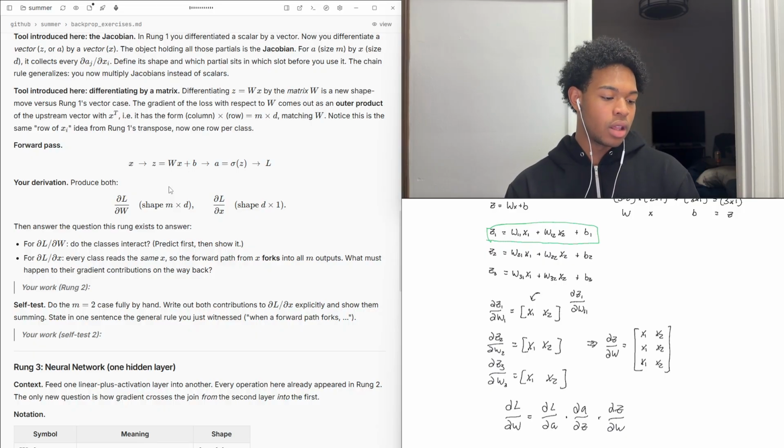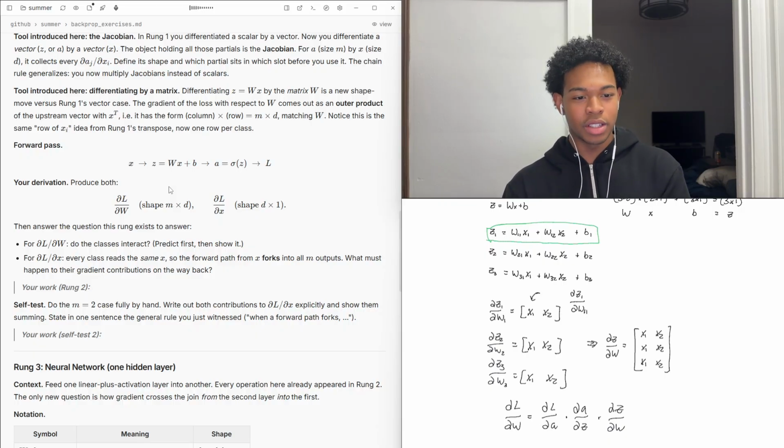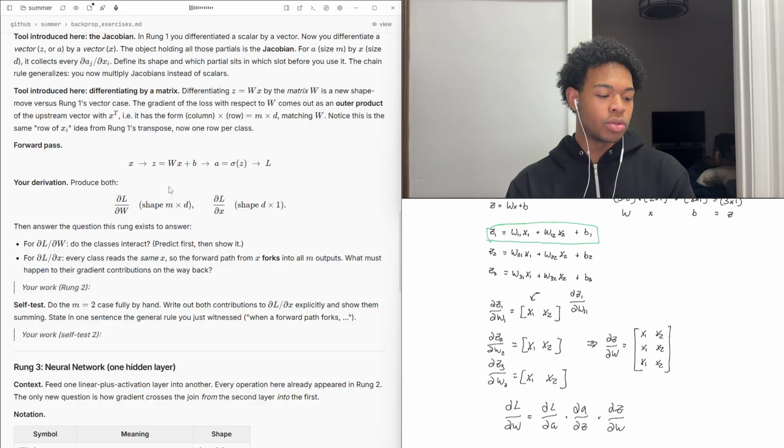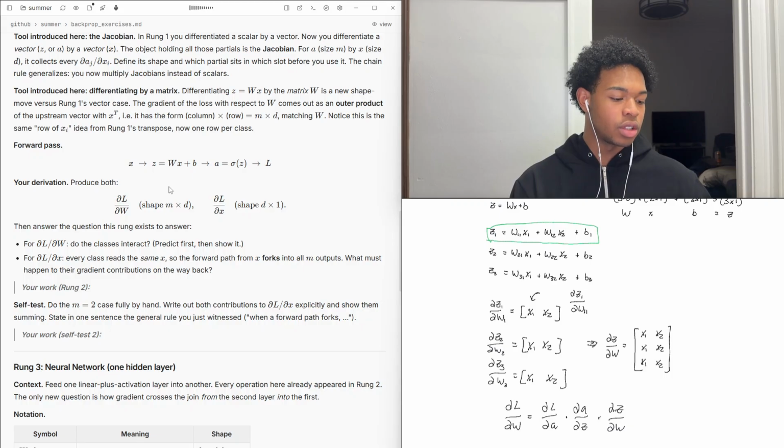And then the actual values become different, because to get the partial derivative of L with respect to W, that equals the partial derivative of L with respect to A times the partial derivative of A with respect to Z times the partial derivative of Z with respect to W. And the partial derivative of L with respect to A, that's actually going to be